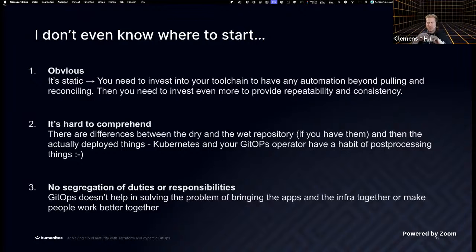You do GitOps for a reason. And one of the main reasons is that the outcome is very deterministic. But as soon as you have these kind of things which dynamically work on what you think is the desired state, the outcome might actually change depending on what this tool is providing.